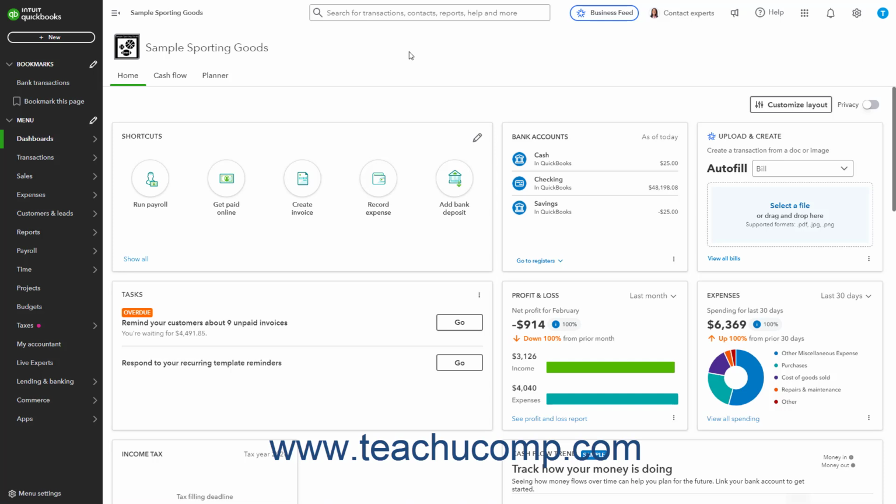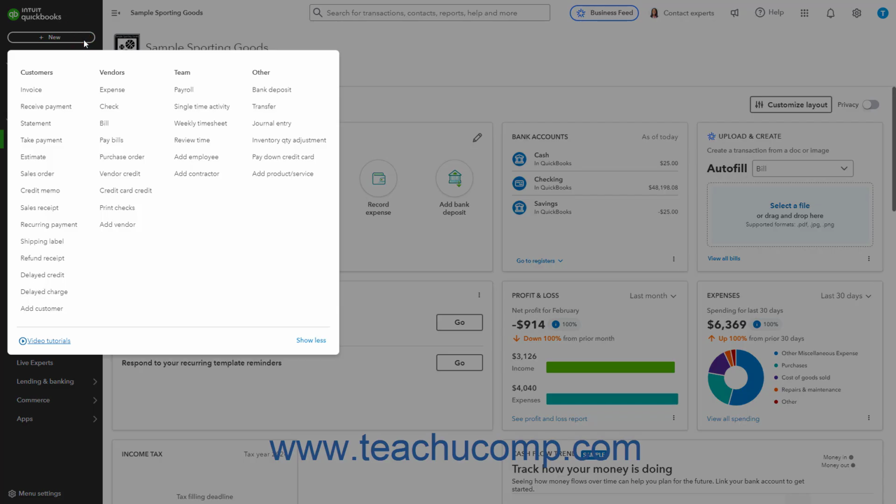If using the QuickBooks Time service with QuickBooks Online, then you must approve the time entries from QuickBooks Time before you can use them in QuickBooks Online. To approve the QuickBooks Time entries in QuickBooks Online, click the plus new button in the navigation bar and select the Review Time command under the Team heading,